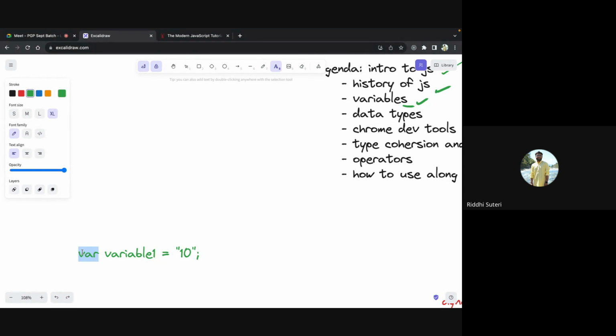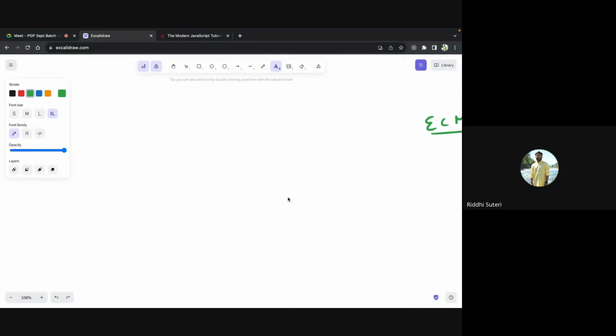So for that very reason, we do need to have the type of data so that we can validate that if the user has given this as an input, whether this data belongs to a number category, a string category, or some specific so-and-so category. So for that very reason, we have data types. The categorization of data types goes something like this: if I write data types here, there are two main types of categorization.